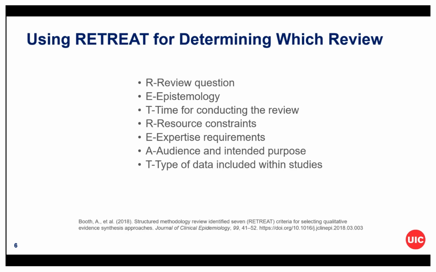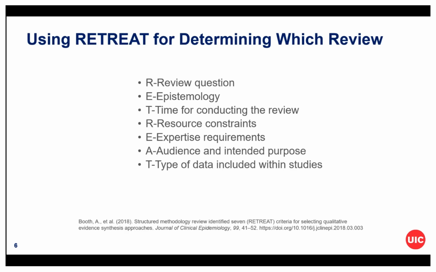And then the next letter, R, for resource constraints. Do you have access to the databases you need or the tools that you need to conduct appraisal or analysis? E is for the expertise requirements. For example, do you need a librarian's help with this? Someone with experience with statistics, if you're doing a meta-analysis, or if you're doing more of a qualitative analysis, somebody who's experienced with coding. And then the A is the audience,